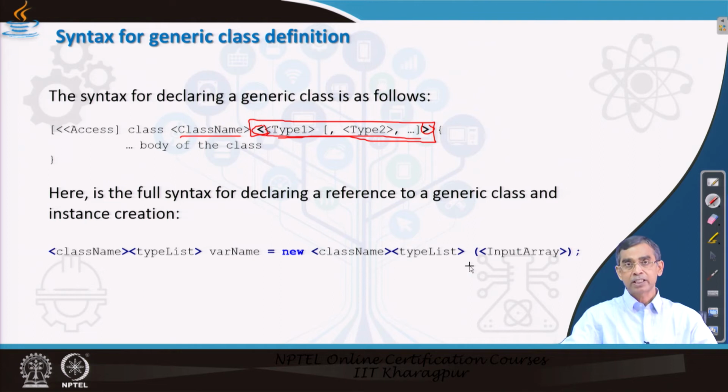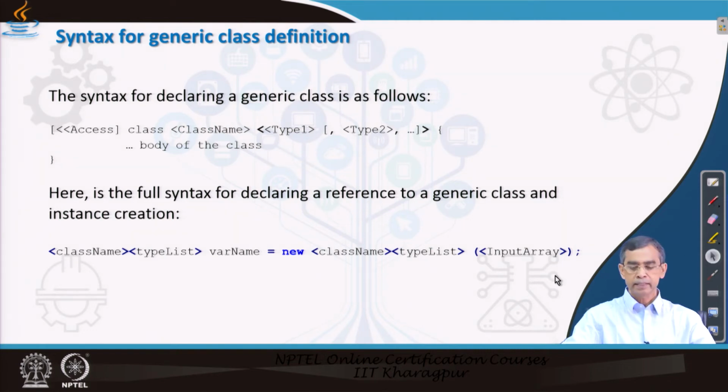And then we can pass after the template discussion. For example, these are the list of templates, maybe 1 or any number, so a template list accordingly. And if you want to pass any arrays of this template type, you can again within the brackets and within the triangular brackets declare the name of the array as a template array. Now, let us have a quick demonstration of this program to understand how a class can be defined in a generic way.